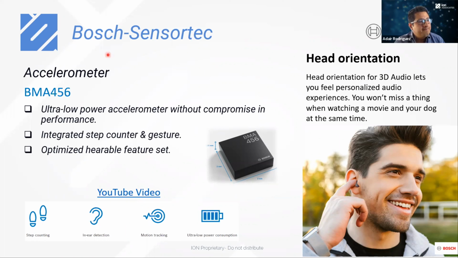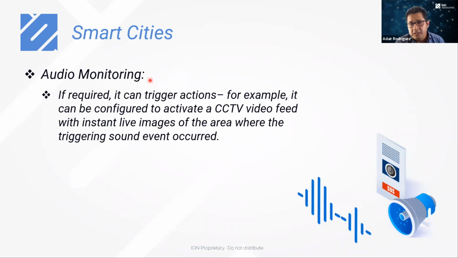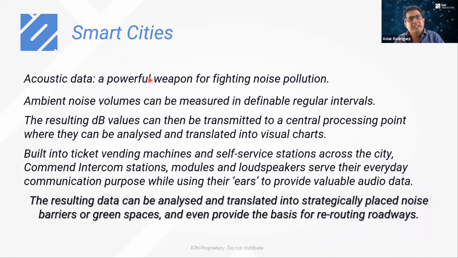Another example that sometimes we forget about is smart cities, to do audio monitoring, to detect some specific noises and trigger some alarms to help the cameras or the speakers in the city to notify the authorities. But not only that, we can make use of the audio devices and not only implement that maybe in a camera, but in some other devices or products or components that are installed within the city, like kiosks.